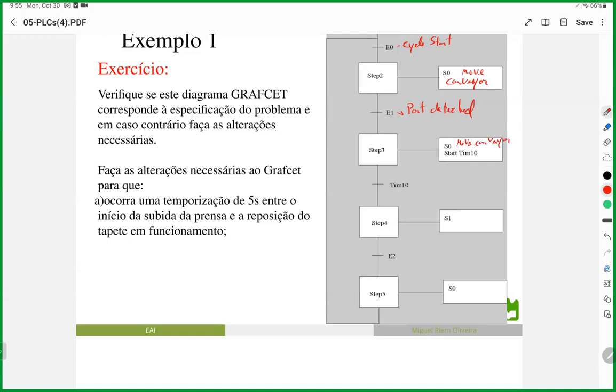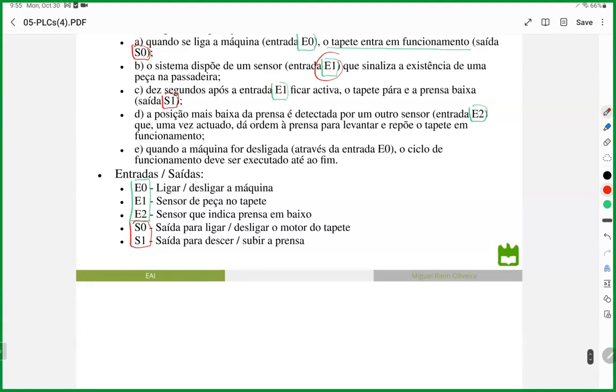And we start a timer. We call it timer 10, because it's supposed to be 10 seconds. Once the receptivity is pin 10, that means 10 seconds have passed since you started timer 10, we are going to step S4. Step S4 should be, let's go back here,